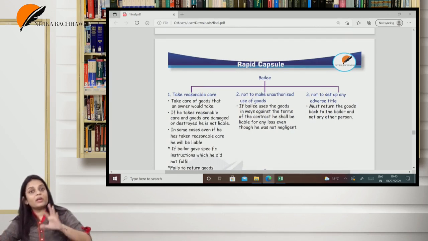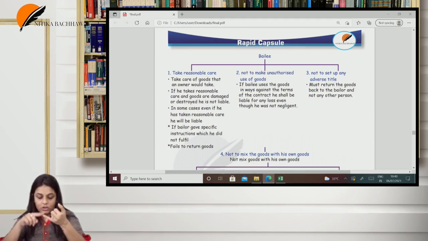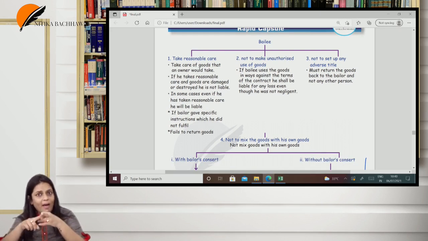And if I say what are the rights of the bailor, to claim damages if the bailee has not taken reasonable care of the goods, to claim damages if the bailee makes unauthorized use of the goods, and in fact if unauthorized use of the goods is made, the bailor can even terminate the bailment. Then to claim damages for any adverse title which has been set up by the bailee over the goods,